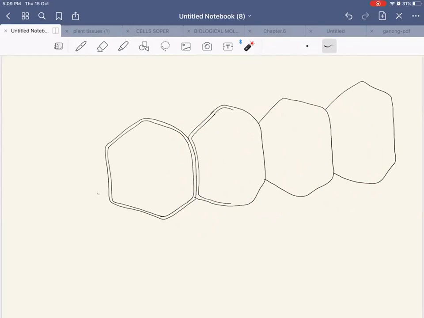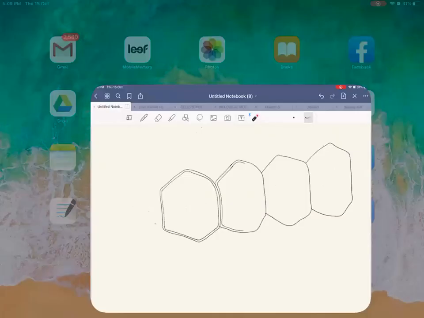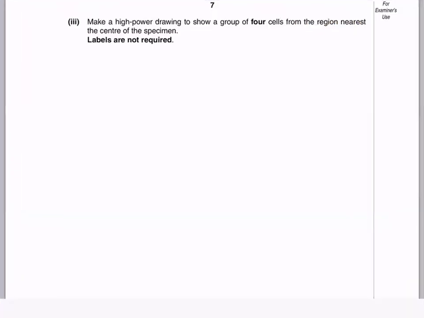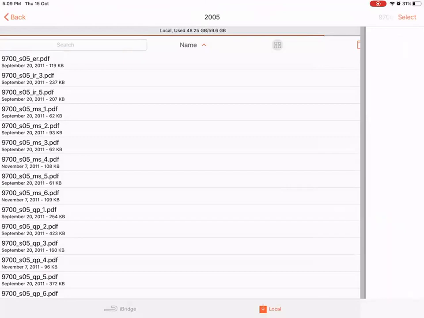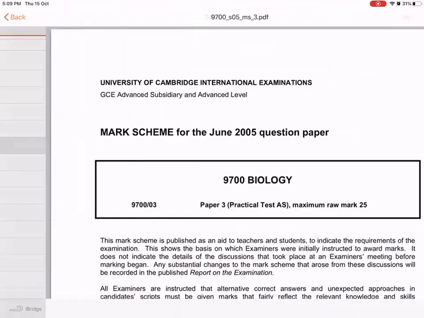You're asked to label it also. Let's go back to the question and see. High power drawing to show a group of 4 cells from the region nearest the center of the specimen. Labels are not required. Okay, so if labels are not required, let's go and see the mark scheme. The mark scheme says,